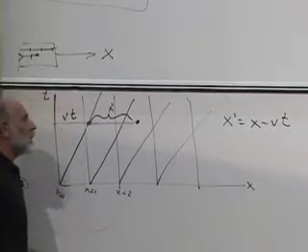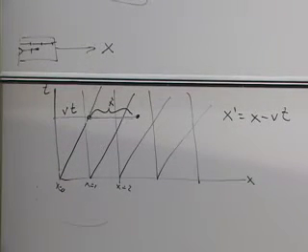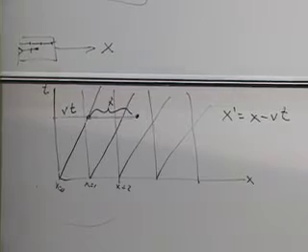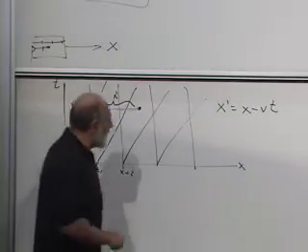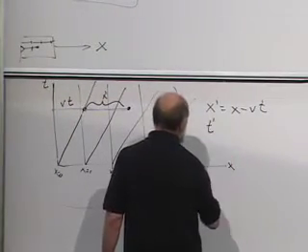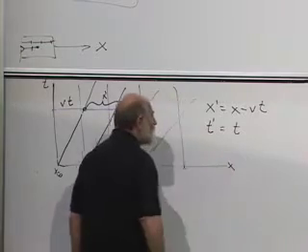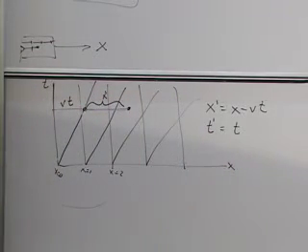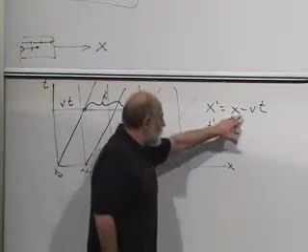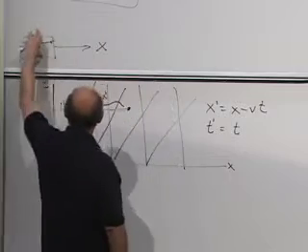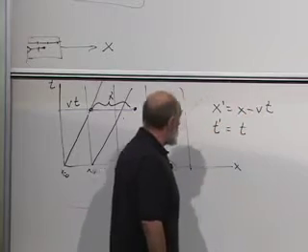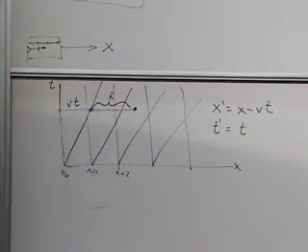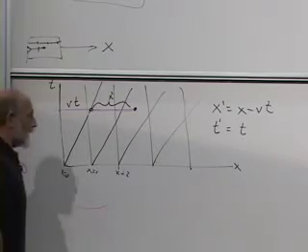Now, there's one other thing in Newtonian physics. We're not yet doing relativity. In Newtonian physics, all observers measure the same time. Time is the same for everybody. And so we can write another equation that t prime is the same as t. This is Newtonian physics. This is not yet relativity. This is not yet Einstein. It gets modified in Einstein. But this is the relationship between the coordinates measured by the moving observer and the coordinates measured by the stationary observer. It's a coordinate transformation. X prime is x minus vt. T prime is equal to t. Now,